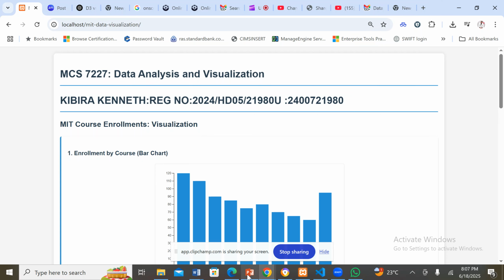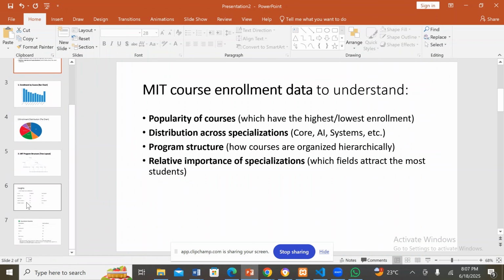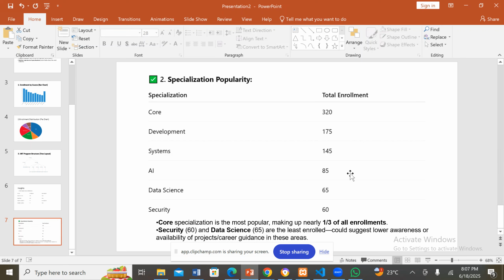But D3 is powerful, and it can be used for many different things. Maybe a key insight from the analysis that I've done using D3 is that core specialization is the most popular, making up nearly 1.5 of enrollment. Security is 60, and data science is this. And it suggests that